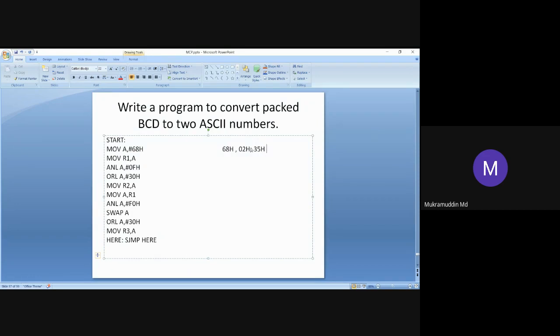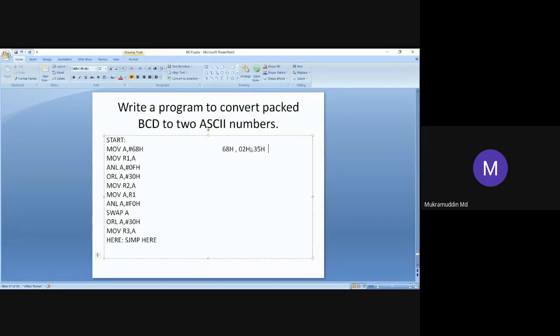Okay, so we cannot use numbers like 3AH. Why? Because A is there here. The hexadecimals which contain A, B, C, D up to F, we cannot use. So we can use the numbers ranging from 0 to 9 for the first digit and second digit. So it is a BCD number.